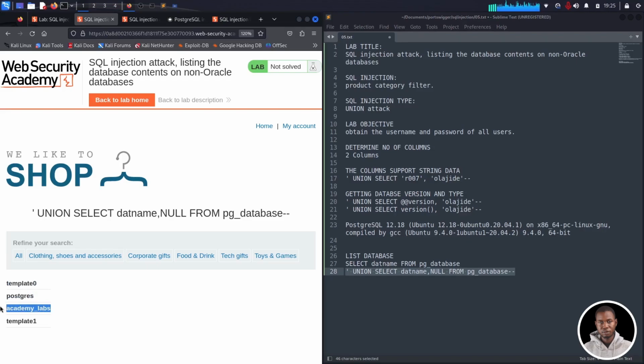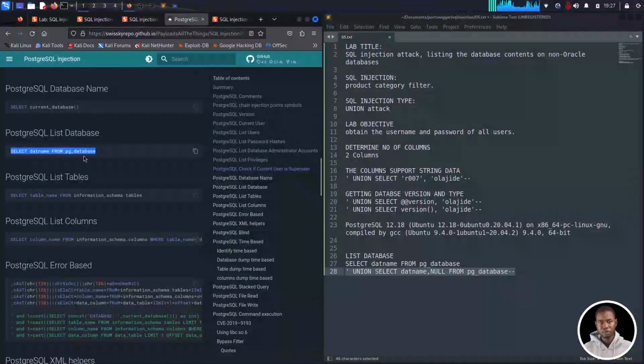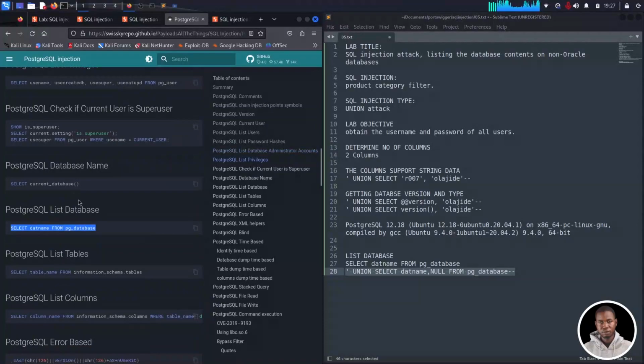The next thing we want to do is to list all the tables in the database. So to do that, I'll go to our PostgreSQL injection cheat sheet, and here we have the Postgres list tables. So let's quickly grab that, and let's call this list